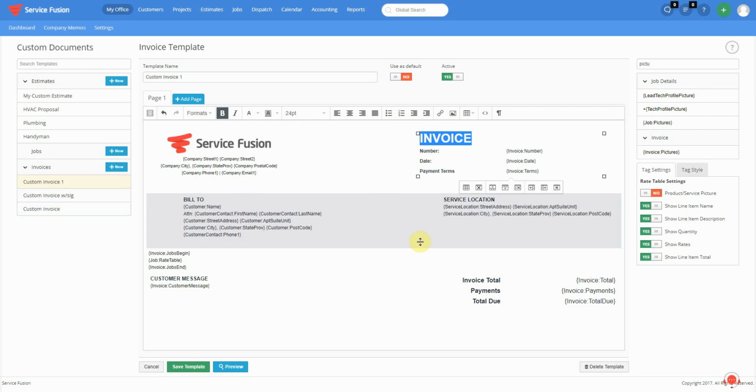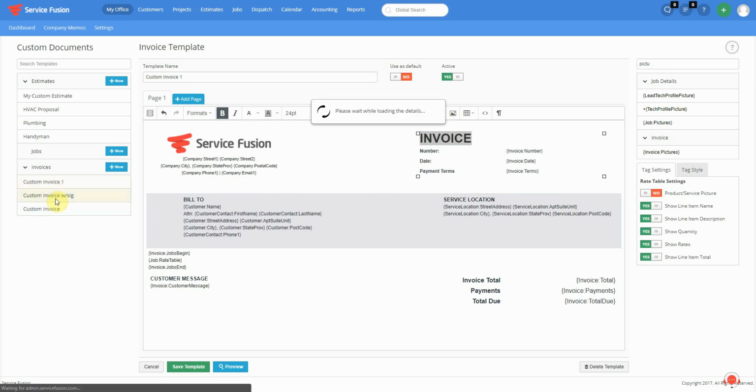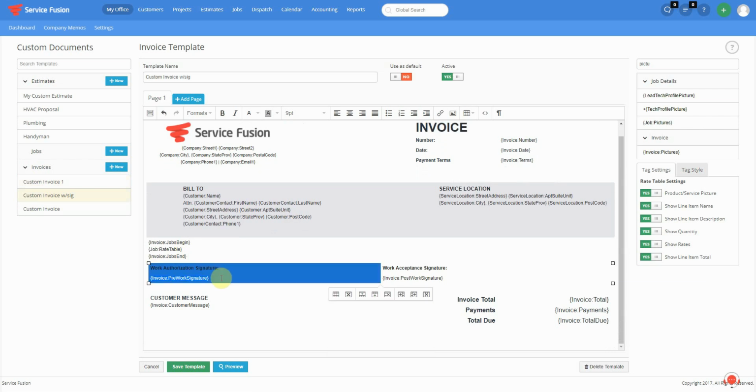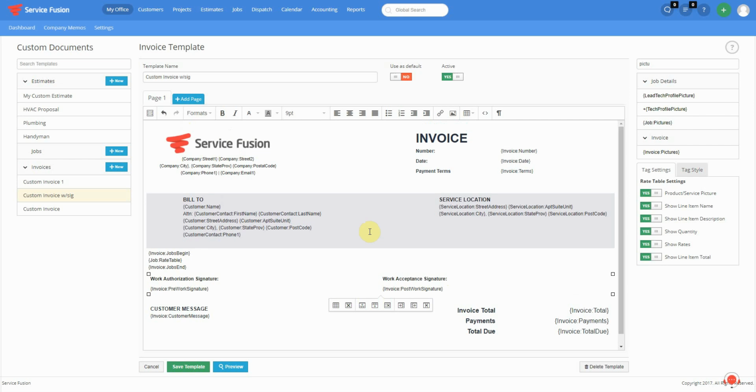And in this example, I just have a standard invoice. In this example, I have the exact same invoice, but I also included our work authorization signature and work acceptance signature. So if we're dealing with an invoice that is something that's been basically already signed off on, then you can go ahead and include those as tags, and it will be dynamically populated by the system. So again, just to reiterate, this module allows you complete control over what these forms look like, how they function,